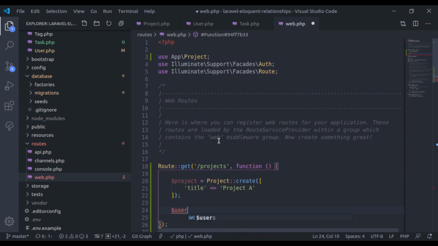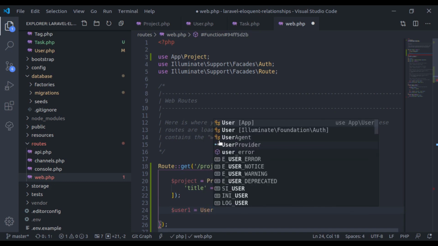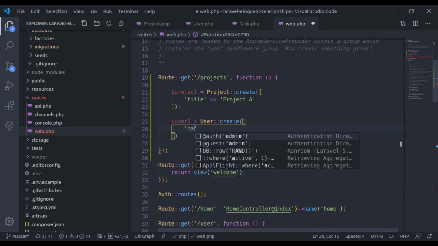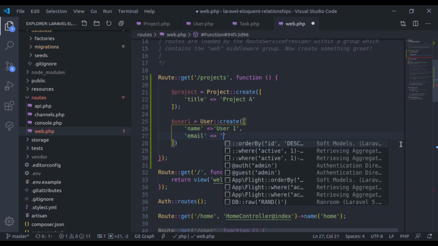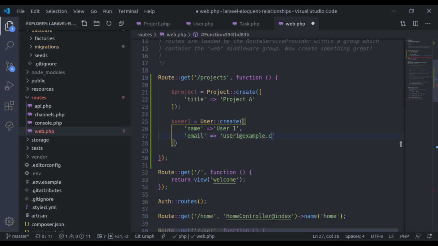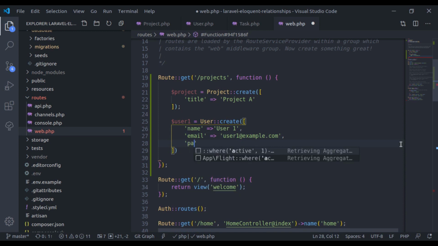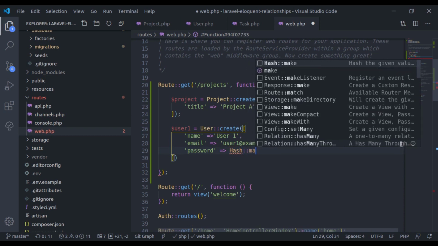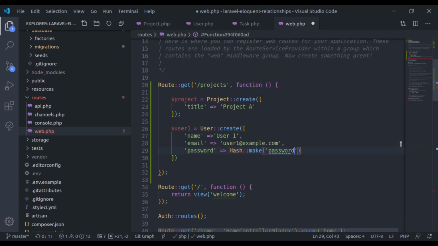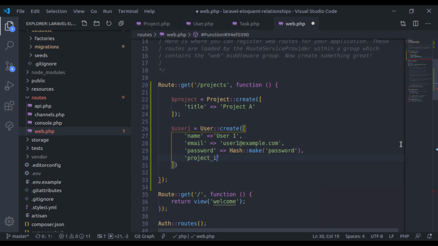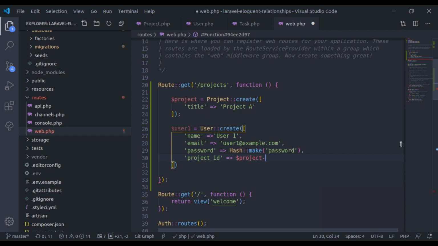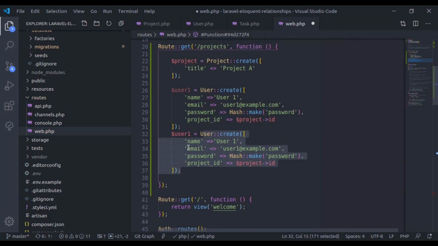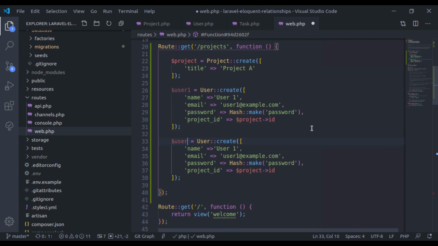So here $user1 is equal to User create, name is user 1 and email is user1@example.com, password is Hash make password, project ID is $project->id. I'll create two users for this project.